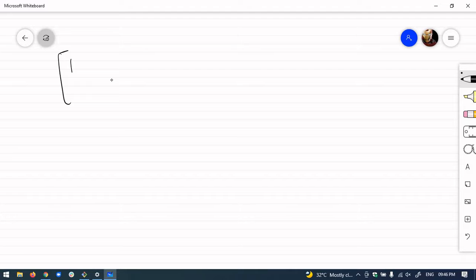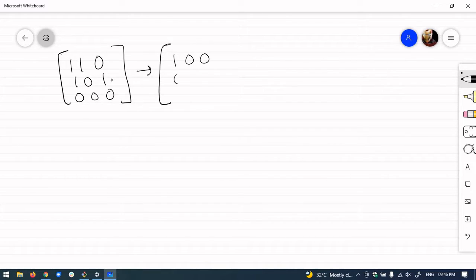This was the matrix, and this is the result. If you carefully see, what are we doing? We are basically flipping the bits starting from the beginning to the end.